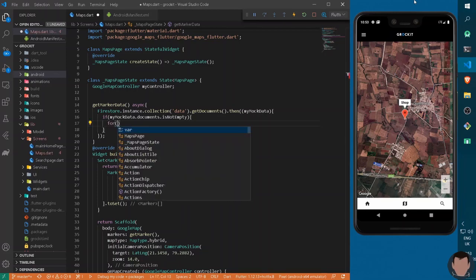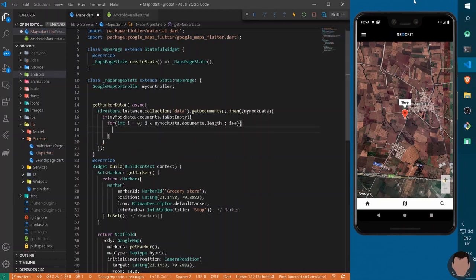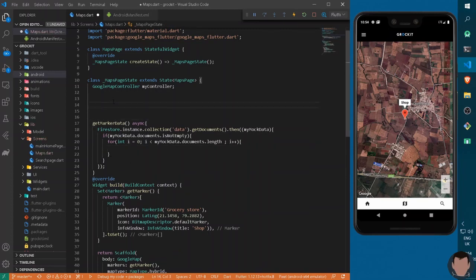I will write for int i equal to 0, starting from 0 till i should be less than myMockData.documents.length, and if so, I will increment my counter, and under this counter I have to perform a method for implementing random markers on it. To implement that, we can create a new function to fetch the markers data. So I can write here a void method for initMarker.